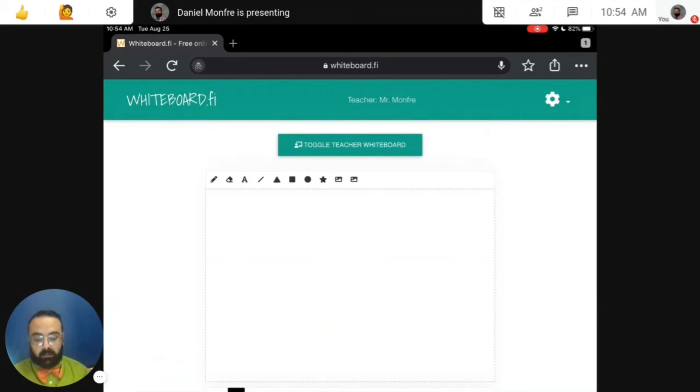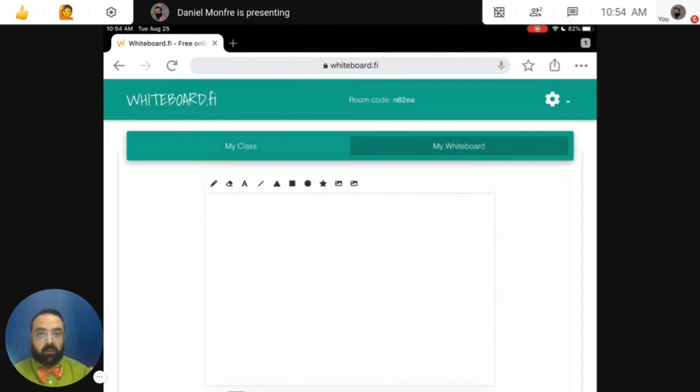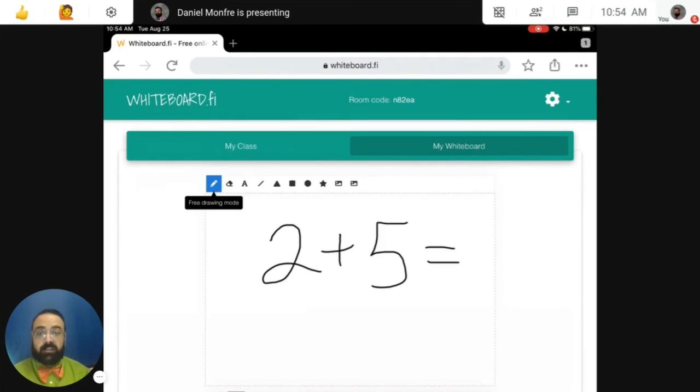Now let me go back to the other window so that I can show you the teacher screen again. So again, I'm displaying this through a Google Meet, but they wouldn't need the meeting tool to see my board because of the way it's set up. So I'm going to go ahead and I'm just going to write an equation. So that's now on my board as the teacher. If I go back to the student's board,